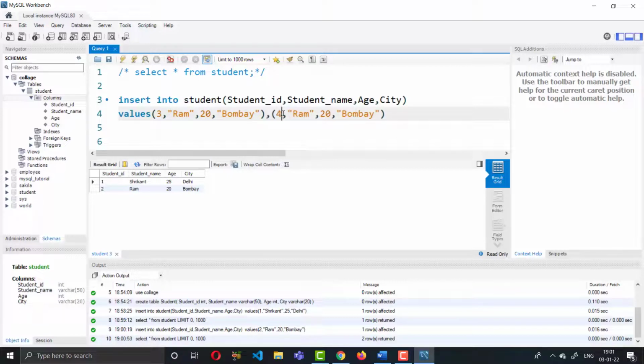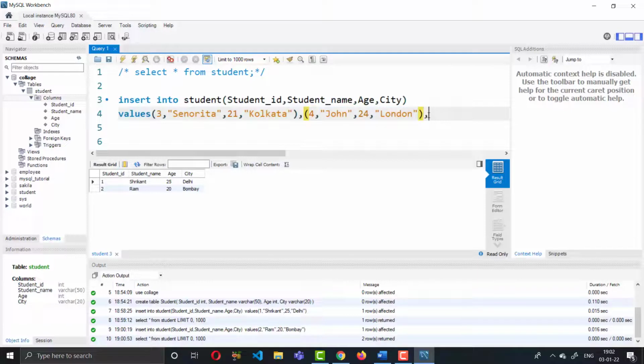The name is Rita, age is 20 and city is Kolkata. And this ID is 4, and give the name of the fourth row as John, age is 24 and city is London.